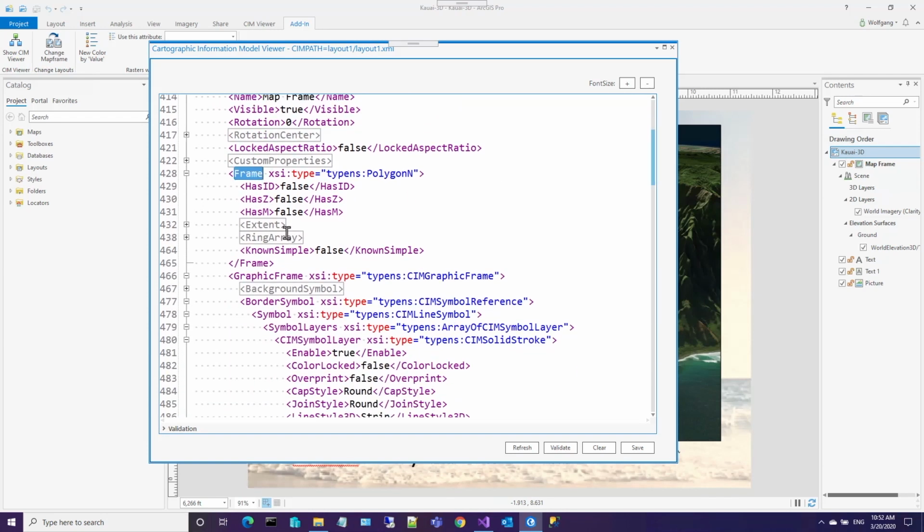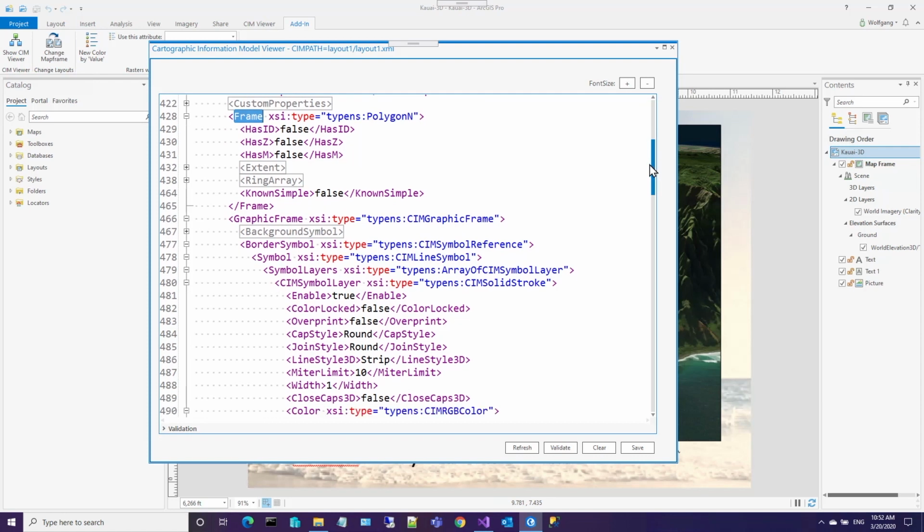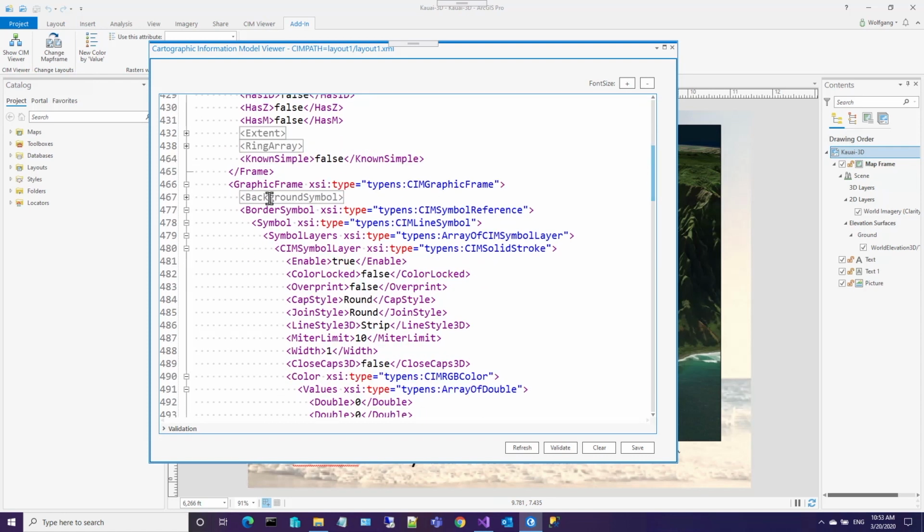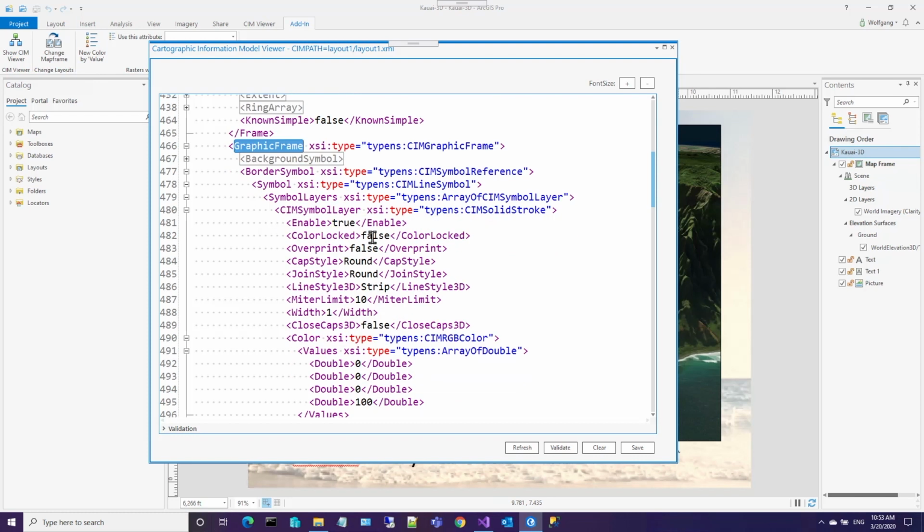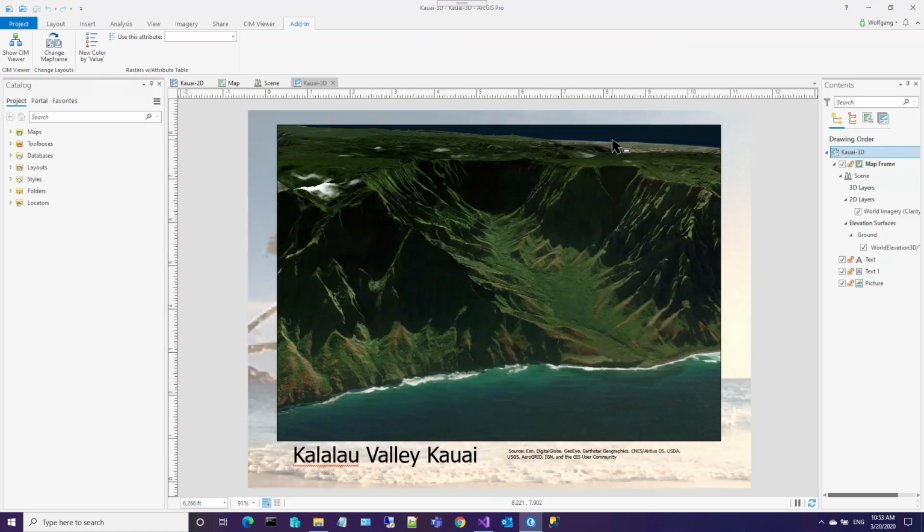to change the frame for my map frame, which I strongly suspect is this property. And then furthermore, I want to modify the border symbol that I use around that map frame, which I strongly suspect is this border symbol here right now under my graphic frame property. This is what I already showed you in the slides earlier. So this is my detective work to find out what I need to do in code to